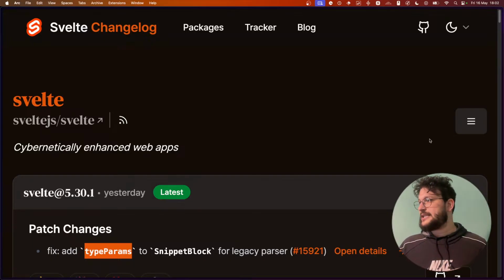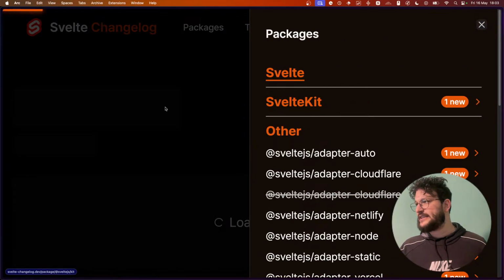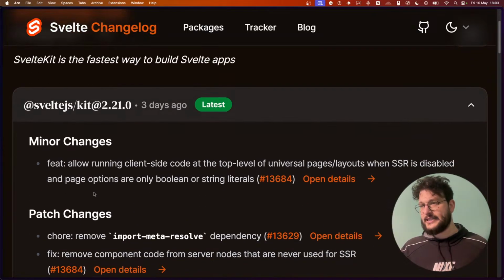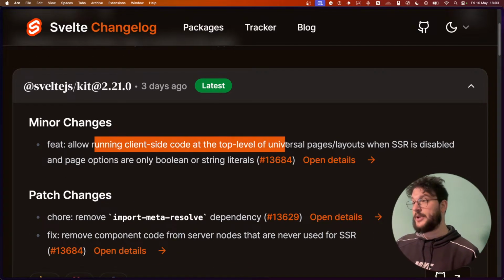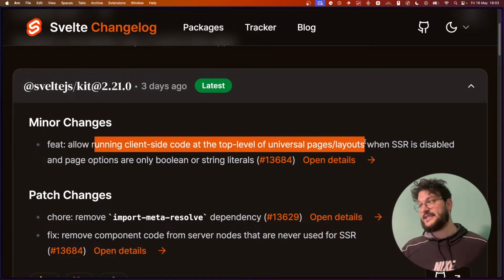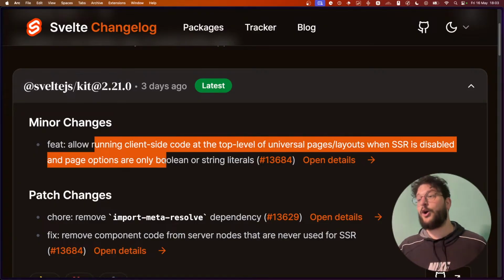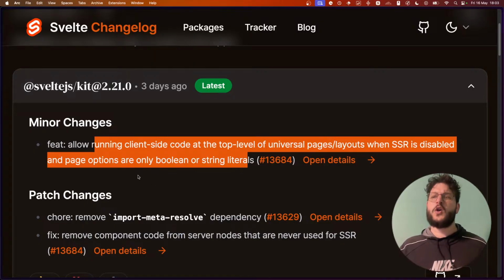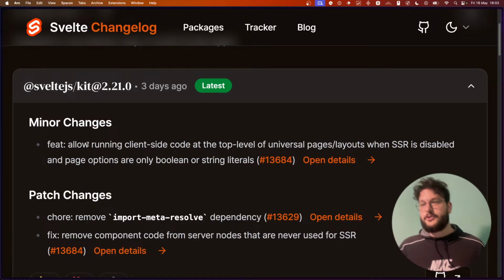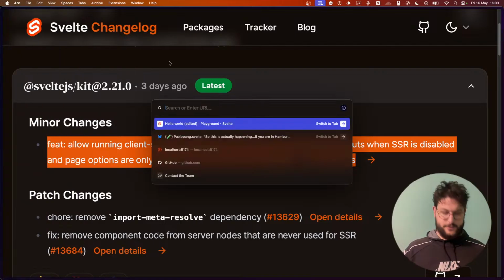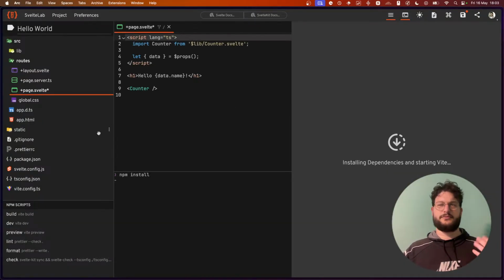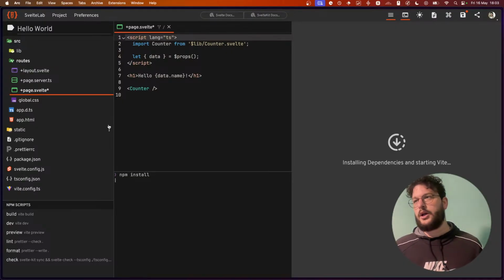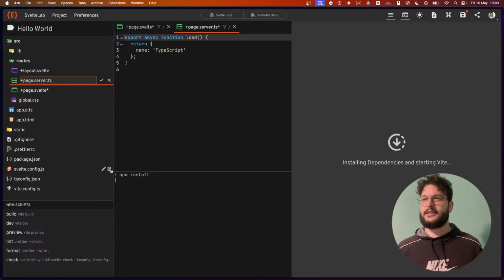So let's move to SvelteKit, which has one new release 3 days ago with a feature: allow running client-side code at the top level of universal pages layout when SSR is disabled and page options are only Boolean or string literals. So this is a pretty big deal, and the reason why, let me show you in Svelte Lab, is that up until this moment, if you had something like this in a plus page.ts,